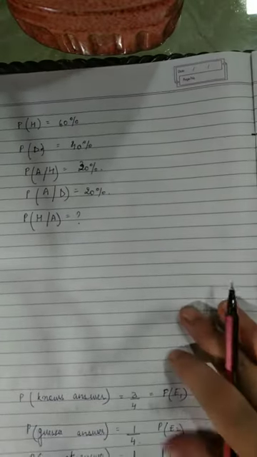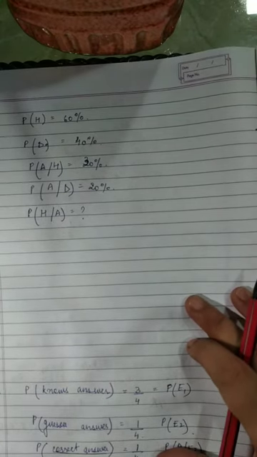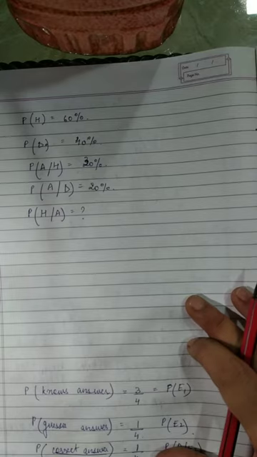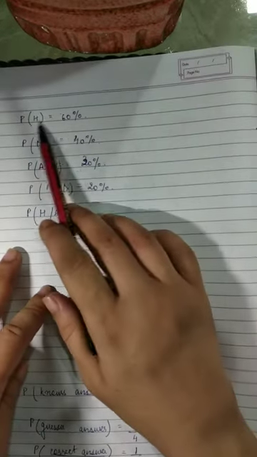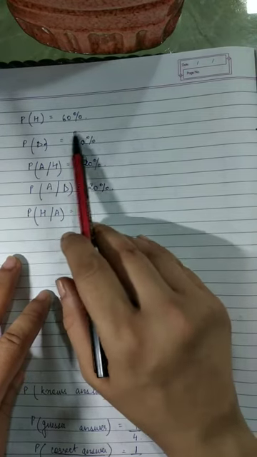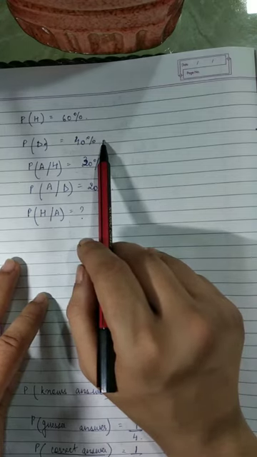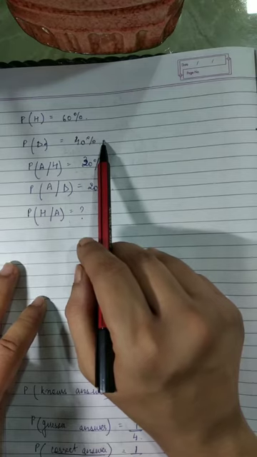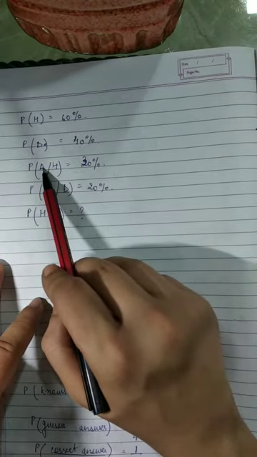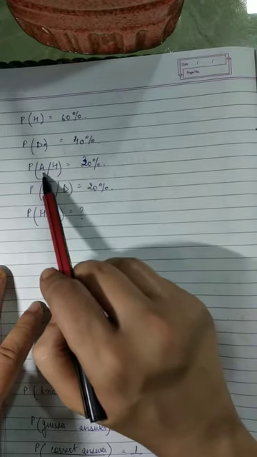See, in question number 3, we have, let's say, students in a college, and it is known that 60% reside in a hostel. So the number of students who reside in a hostel is 60% and 40% are day scholars. Previous year results report that 30% of all the students who reside in the hostel attain grade A. So the probability of getting grade A knowing that the student is a hostler is P(A|H).